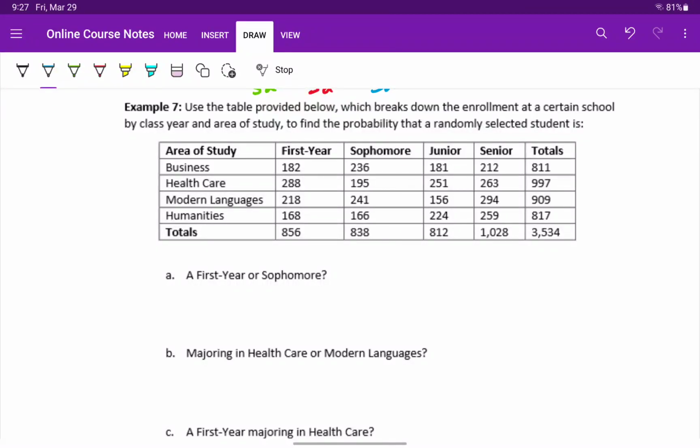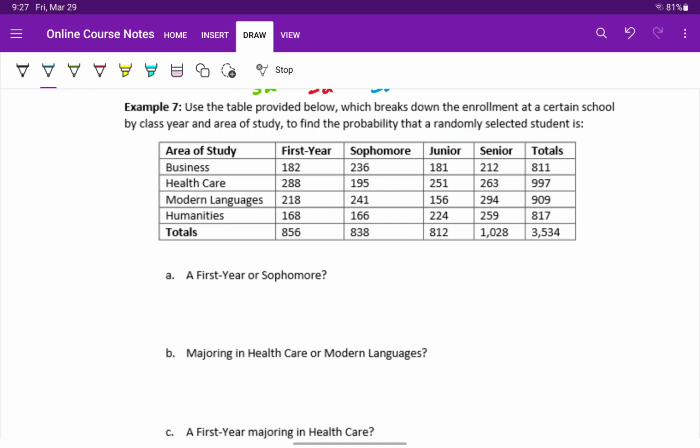In example 7, we're still looking at using the addition rule for probability to find the probability of two events that are either mutually exclusive or not mutually exclusive. But now we're reading that information off of a table. In this case, a table that tells us the enrollment at a certain school by class year and area of